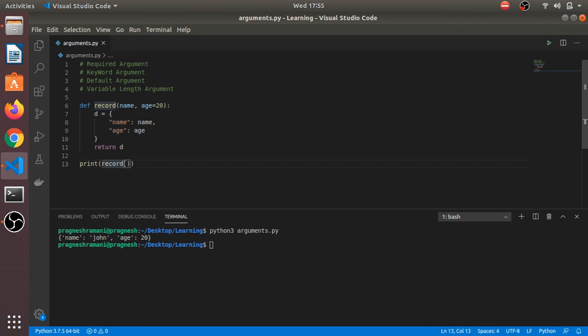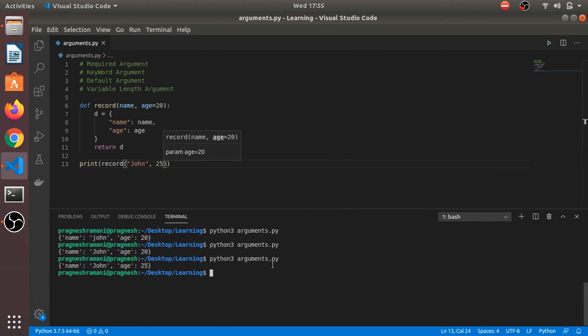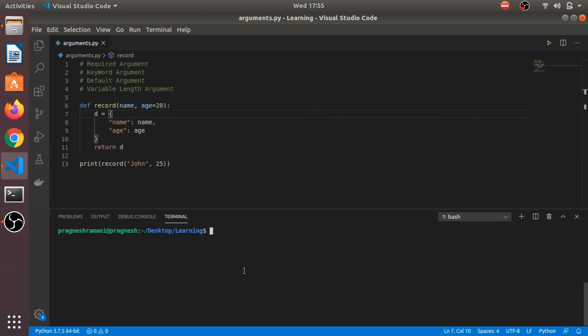So if I am not passing the age value at the time of calling, it will take 20 as the default value. And if I am passing age also at the time of function calling, then it will take whatever value we passed at the function calling. If we are not passing, it will take the default value. So this is the default argument.